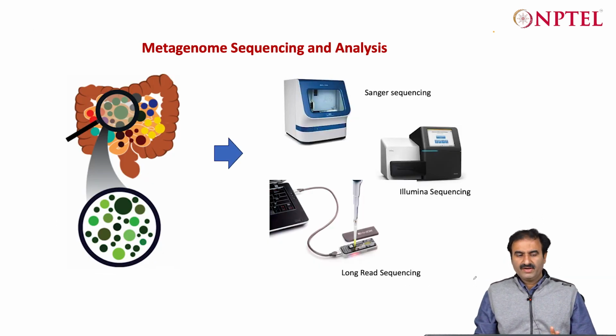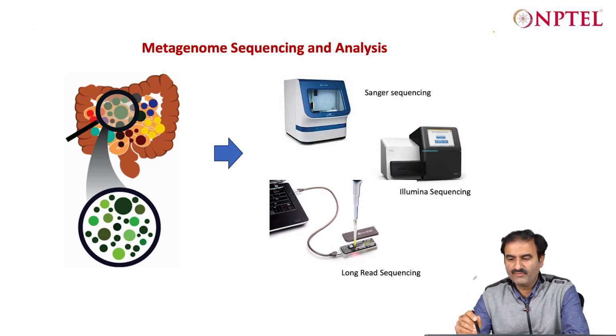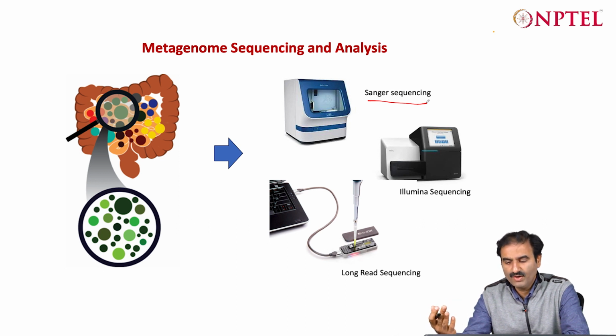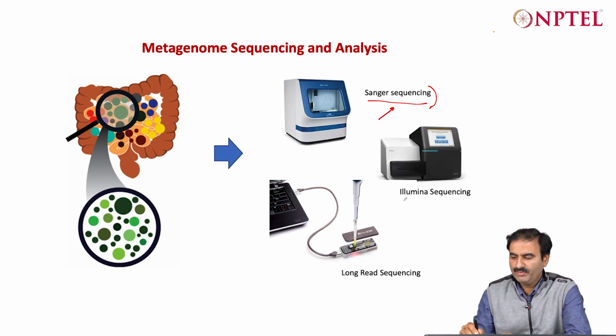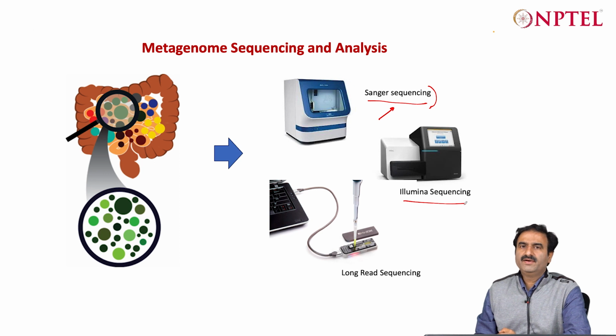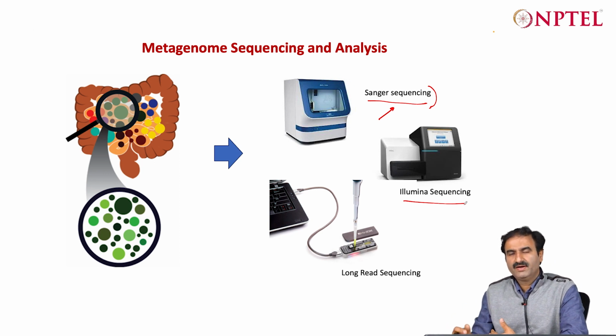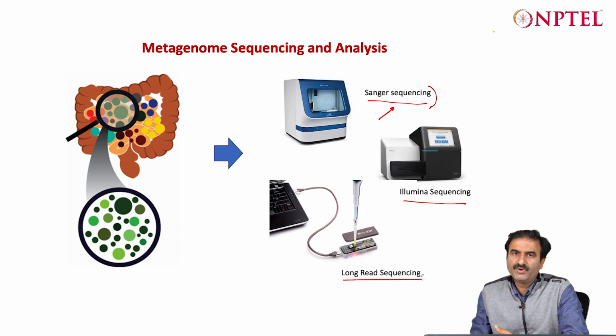Regarding sequencing, once you have prepared the library, so basically extracted the DNA, you can go for Sanger sequencing to identify a particular species of your interest, if you are also doing the culture based approach. But this is not very relevant for metagenomic samples, right. Only when you apply metagenomics and culturomics together, then this may be helpful. Then Illumina for short read sequencing, the deep sequencing approach, and long read sequencing either using Oxford Nanopore technology or the